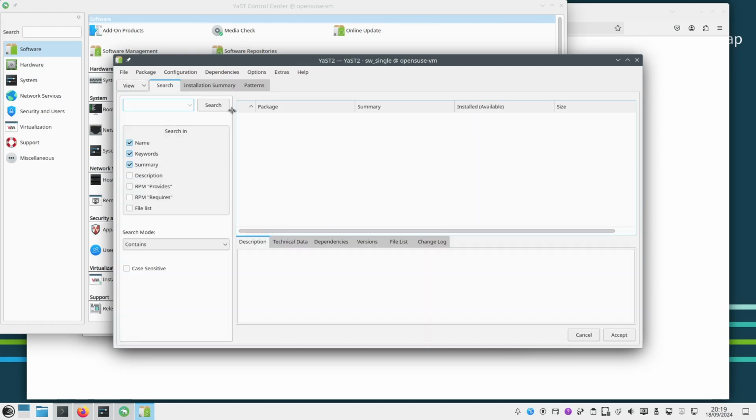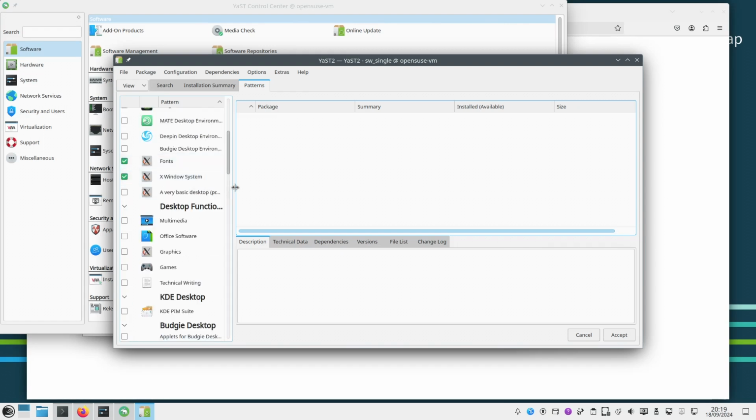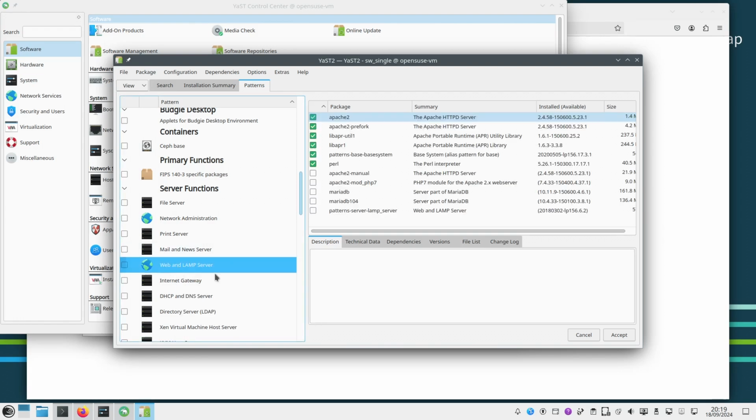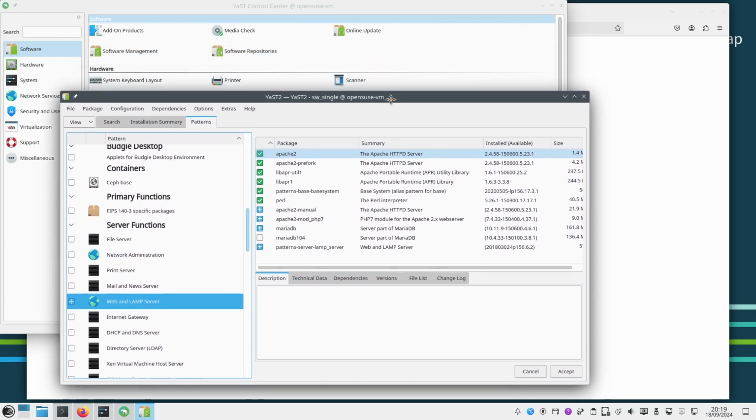So yes, and then we go to patterns and make sure, because it will save us some time for the coming point that we will talk about here. This one, Web and LAMP Server, just choose it. Okay, and after you do this, you can notice here that it will install MariaDB and the Apache manual and some PHP 7 modules for Apache. Okay, so press accept and then continue,